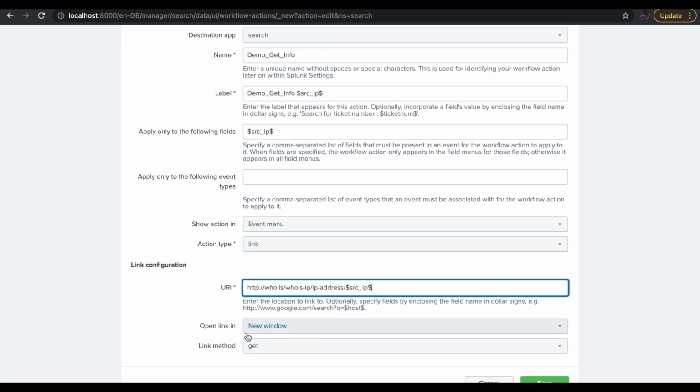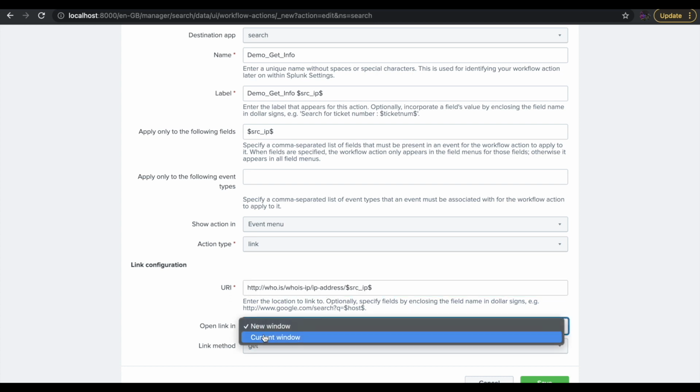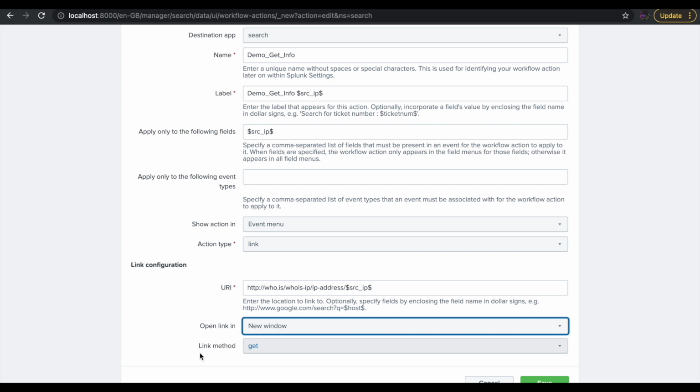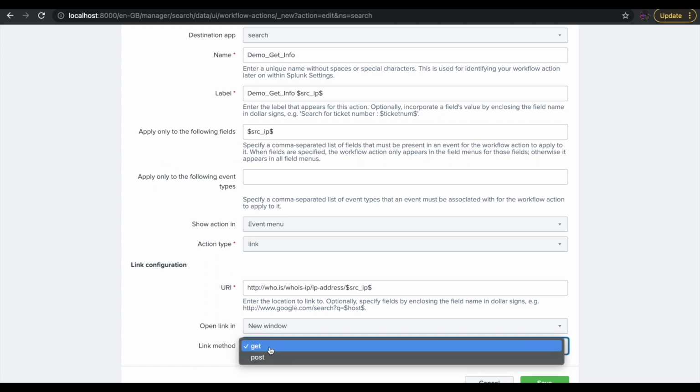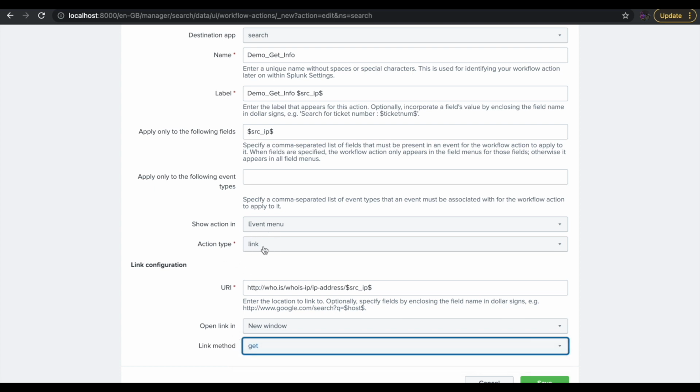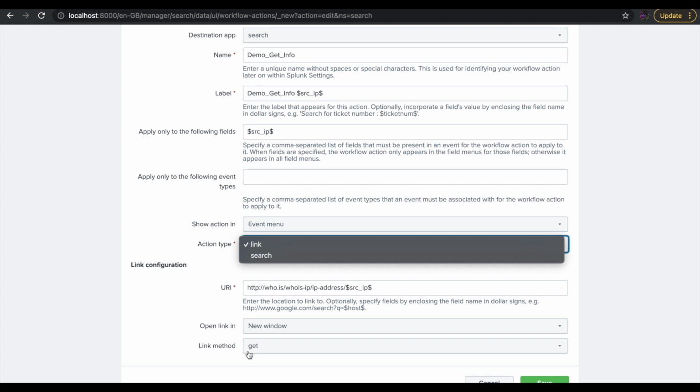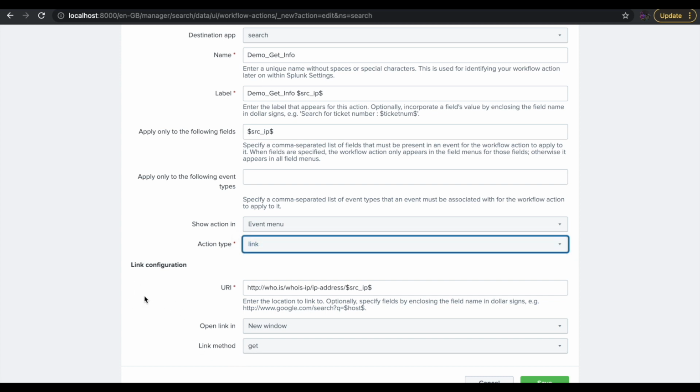So here one more option: open in the new window, or you can use the current window as well. So the next thing is where you need to define get, post, or search. So get post will come with the link when you are using link over here, and whenever you change it to search, it'll automatically go. It will by default consider it as a. So you need to save it. Once you save it,